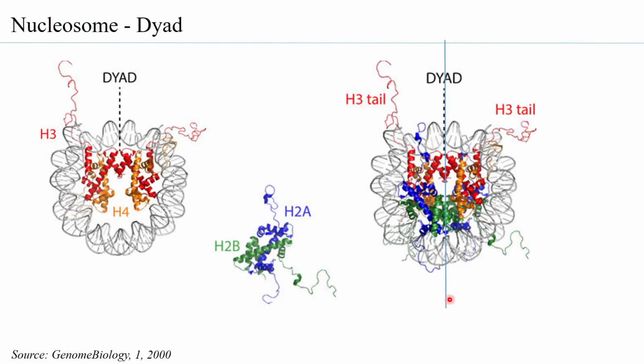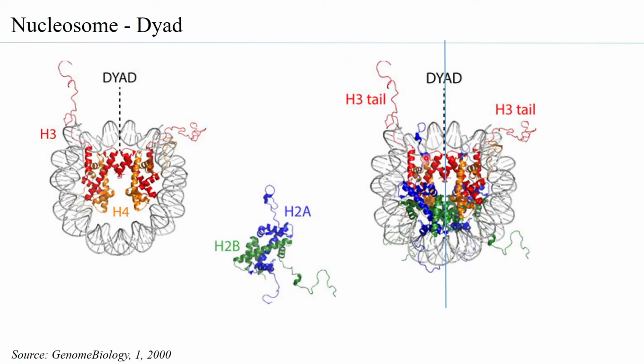Now when you draw a line of symmetry through this point, even the DNA is divided into two halves of symmetry, and of course the nucleosome is divided into two halves of symmetry already. So therefore this is called the dyad symmetry of the nucleosome core particle, with all the nucleosome bound to the core DNA itself.